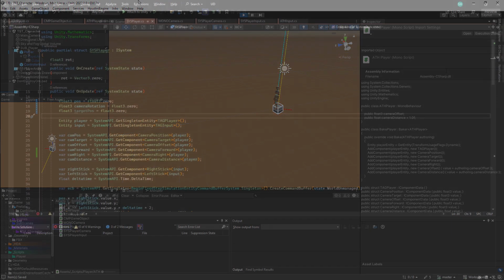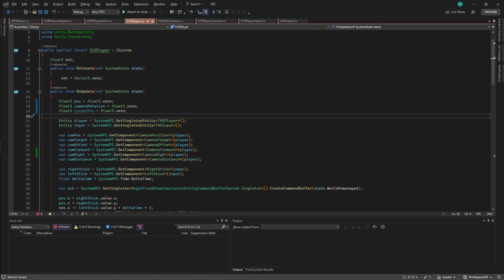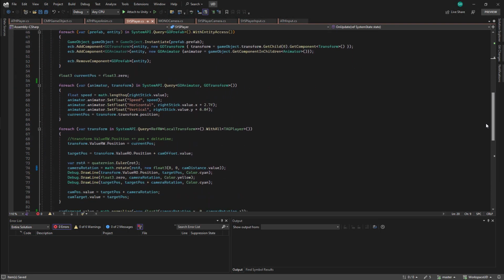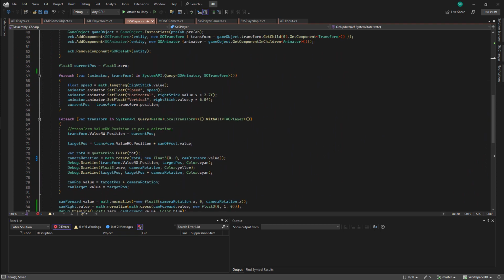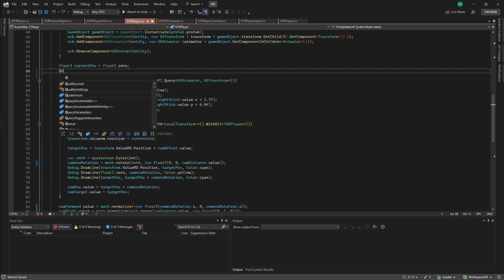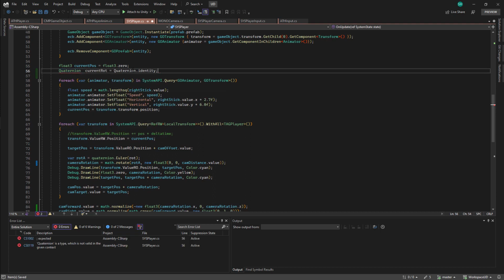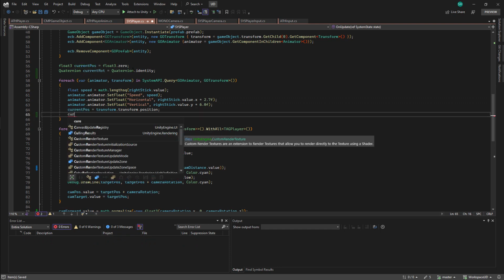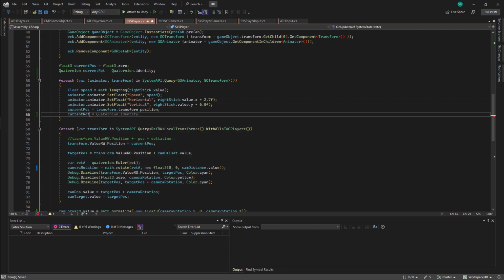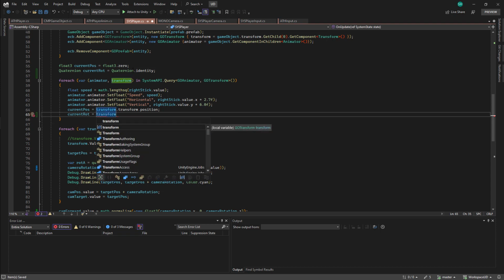We can now use these values, and the first thing that I want to do is make sure that the animation is not just updating the position, that it's updating the rotation as well. So after I declare my current position, I'm going to declare a variable called current rotation. This will be a quaternion, and it will be set as an identity quaternion. Then, after I've stored my current position, I'll store the current rotation. I'll set this from our transform, so this will be